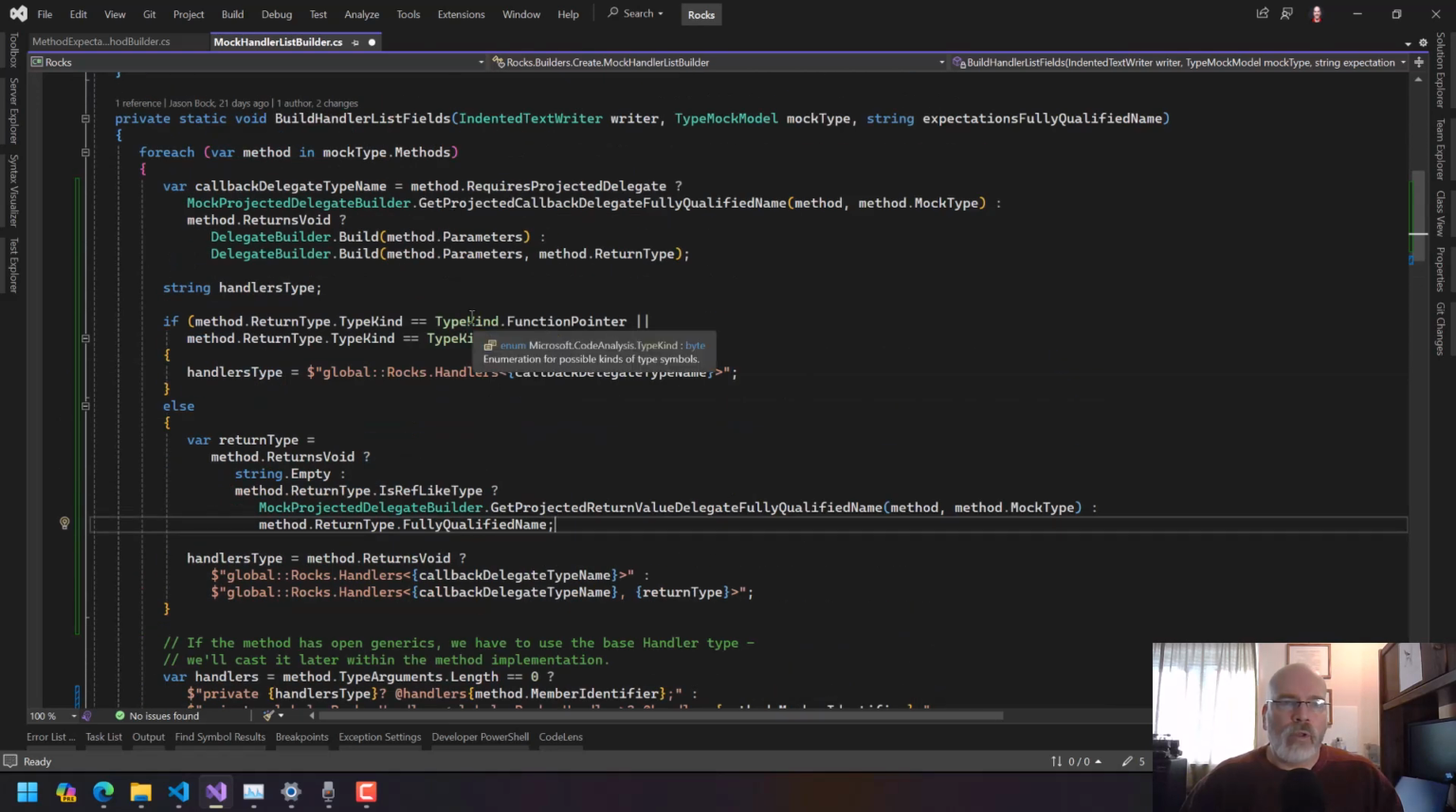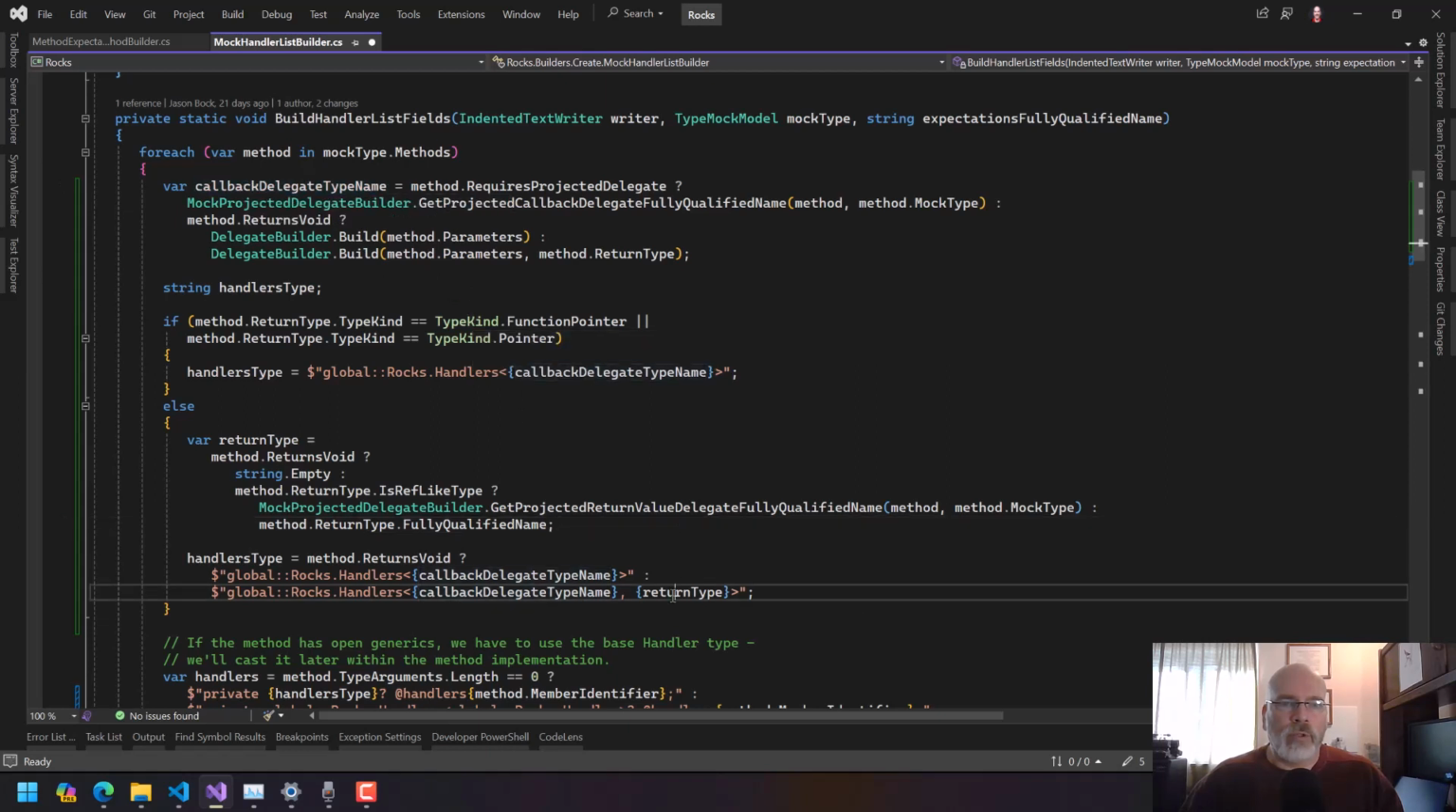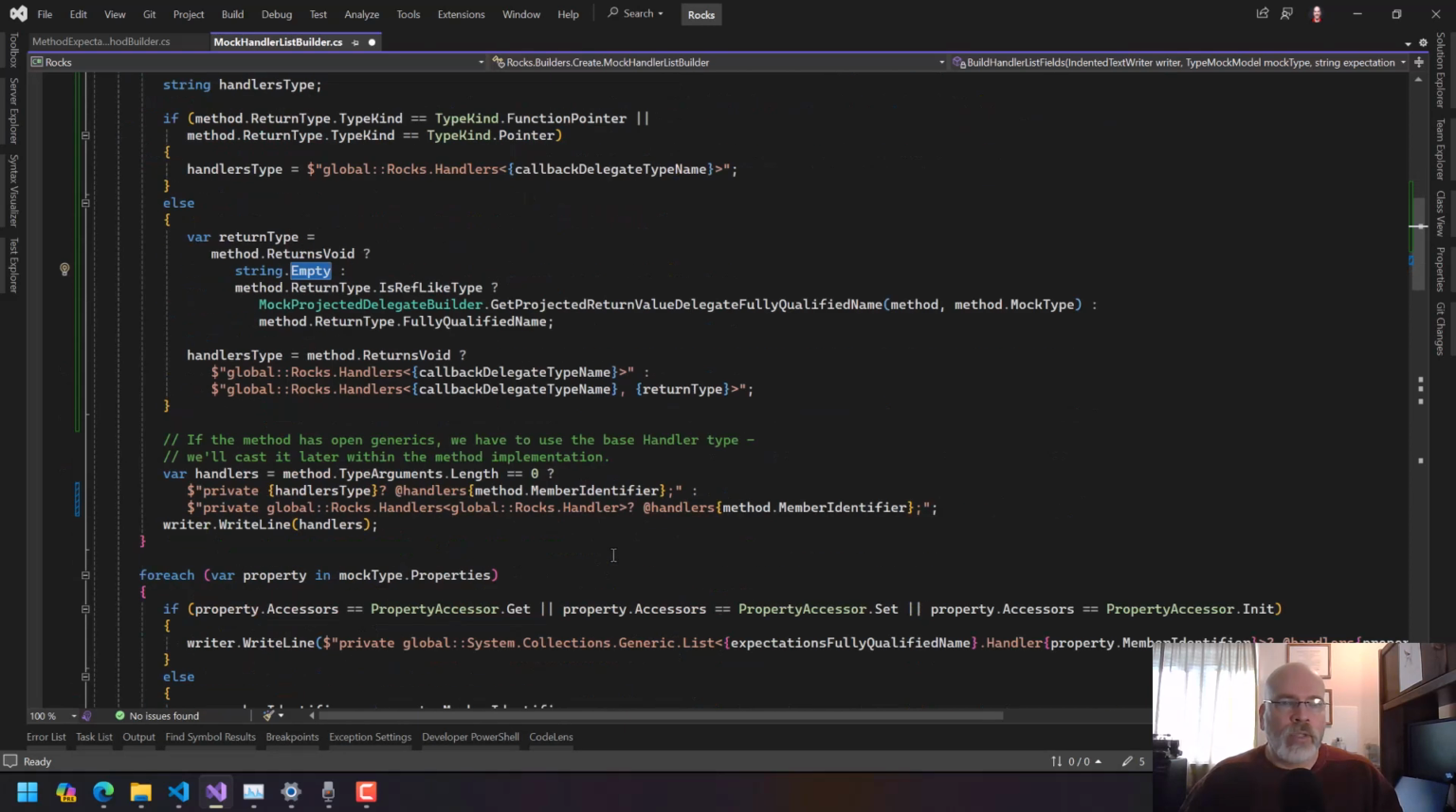Okay, so we have the handlers with the callback delegate name. That is determined outside and it's put in for both. The return type is only, if it returns void, it's string empty. If it is ref like, yeah, this is a little sketchy because you should only do this if you don't have a void, but whatever. It reads a little bit simpler this way. So in this case, what we do is we pass in the handlers type, callback delegate name,